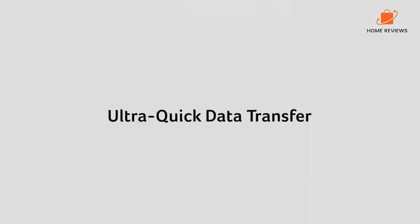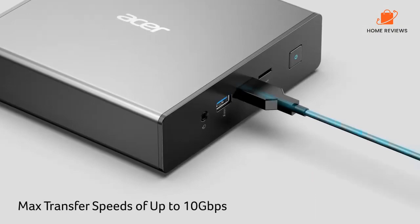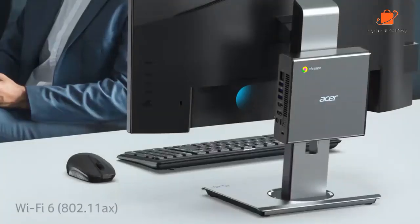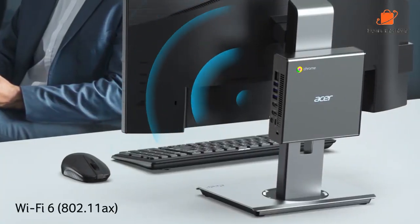Reasons to buy: compact design, can be mounted or stashed out of sight, includes plenty of ports, has excellent performance, runs cool. Reasons to avoid: limitations of Chrome OS,